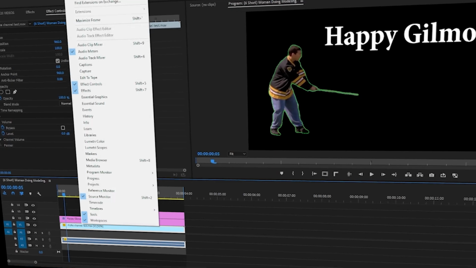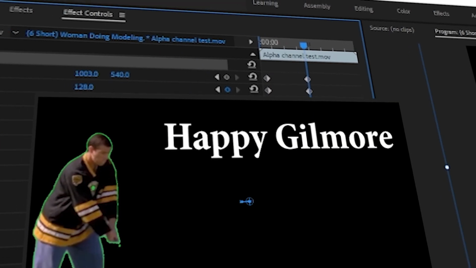This tutorial will guide you through how to add video motion to your video clips in Adobe Premiere Pro